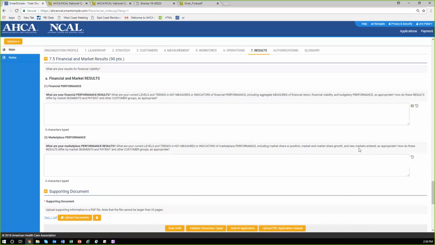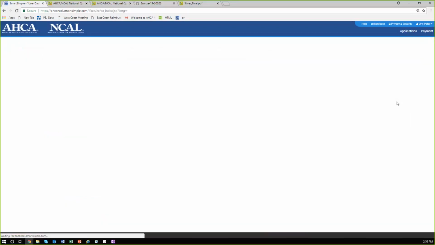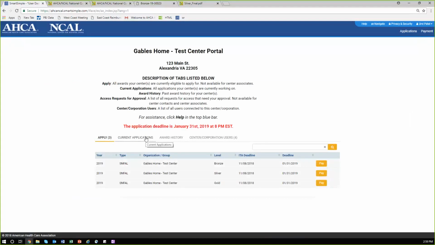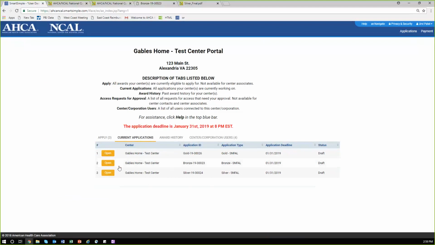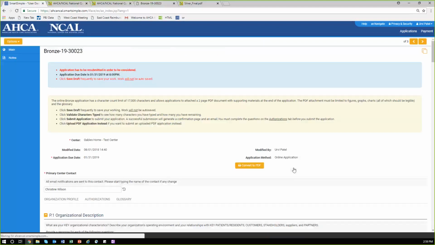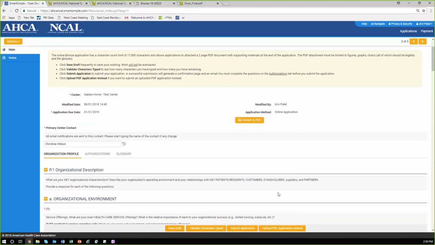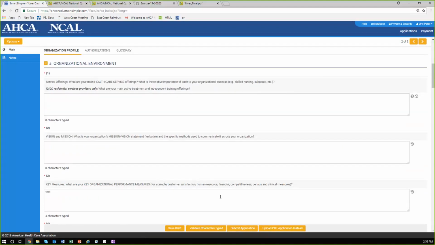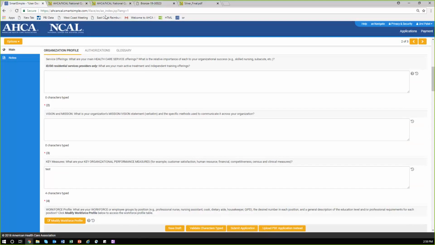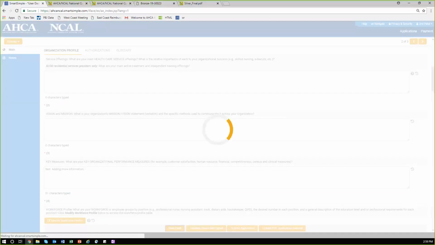To review some of the other features, let's go back to applications and take a look at the bronze application form. We'll go back under Current Applications, and we'll open up my bronze application form that I have started. It looks like I've worked on it, and I see that there's a couple of questions I still need to augment. I will add some additional details here and save draft